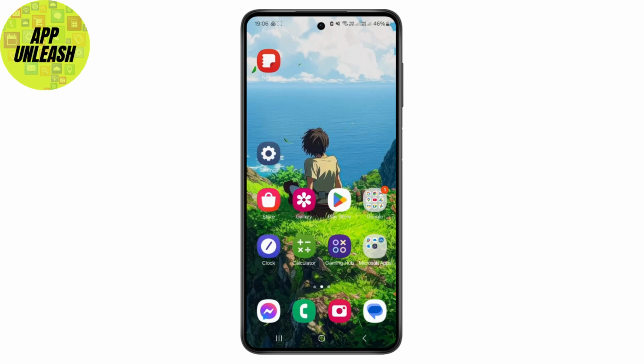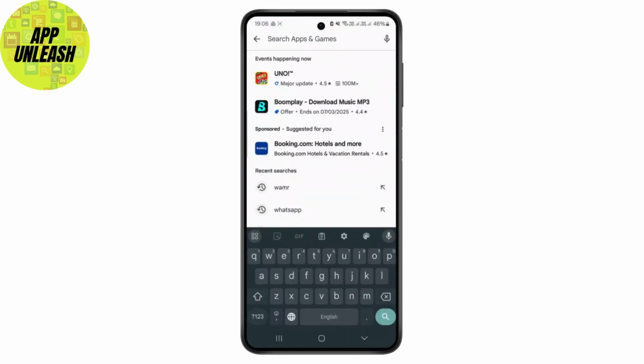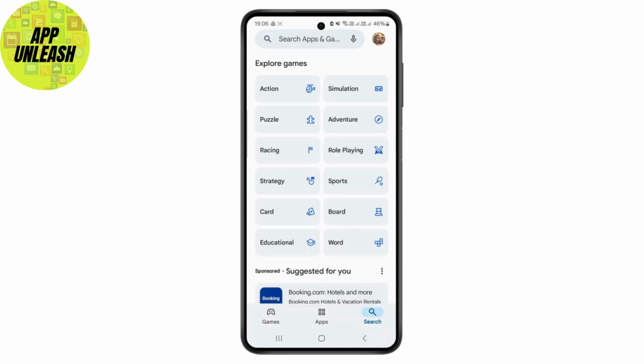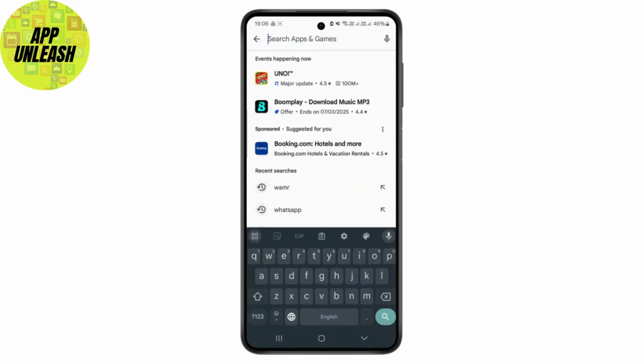In this quick tutorial I'll be showing you how you can easily download Casto application, which is a screen mirroring application for your Android device. So first thing, simply head over to your Play Store, and once you're inside your Play Store, just click on the search bar and just search in for